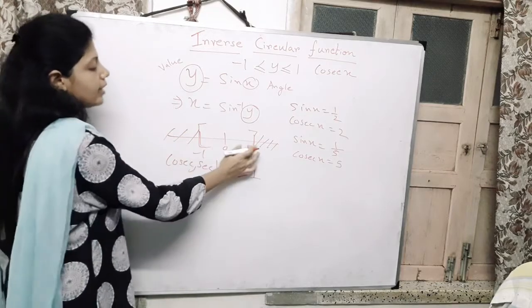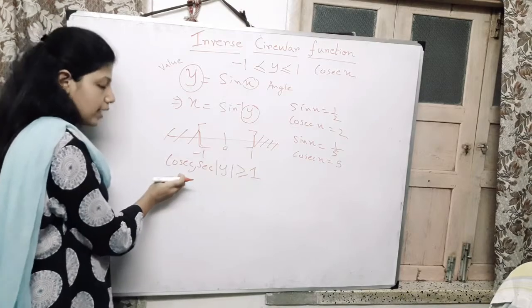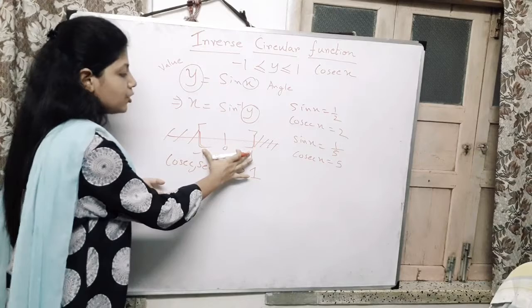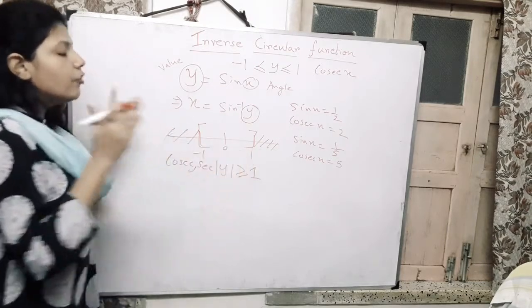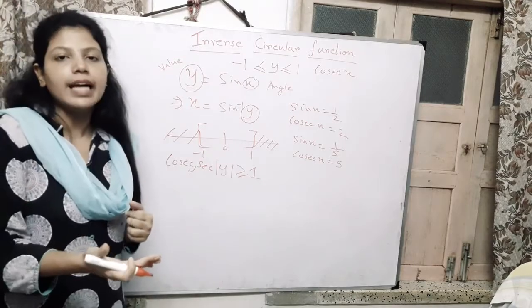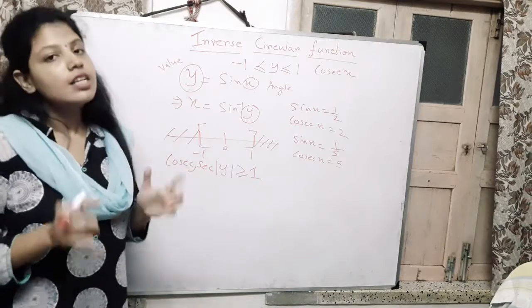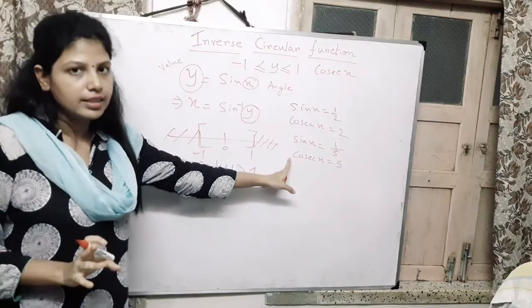Since sin and cos both have the same range, sec and cosec also have the same range. Minus 1 to 1 is the region of sin and cos, and if I take the reciprocal of sin, that is cosec theta, and the reciprocal of cos, that is sec theta, I take the remaining part here. Please try to memorize this.